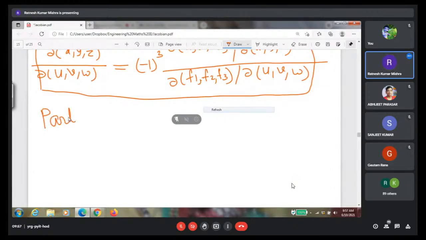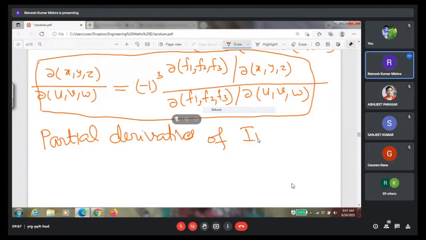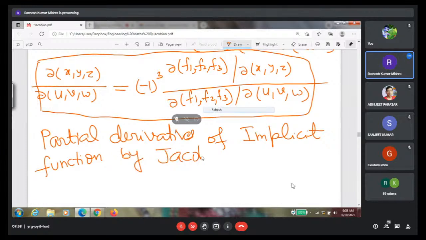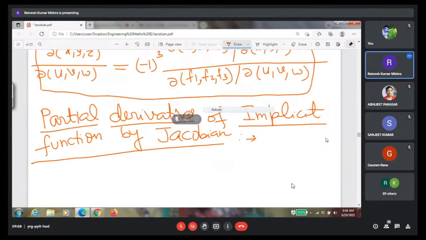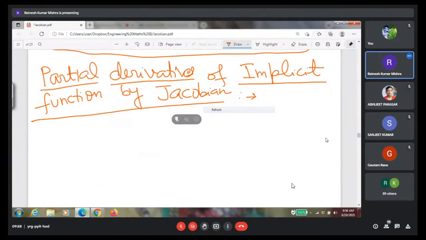Partial derivatives of implicit functions by Jacobian. Again, in this case, suppose